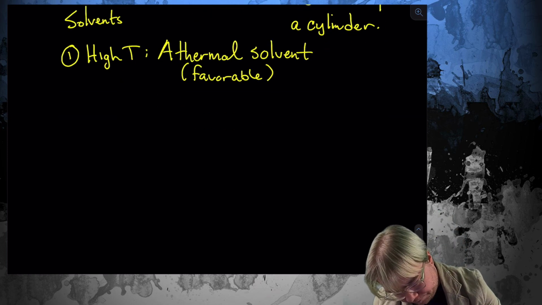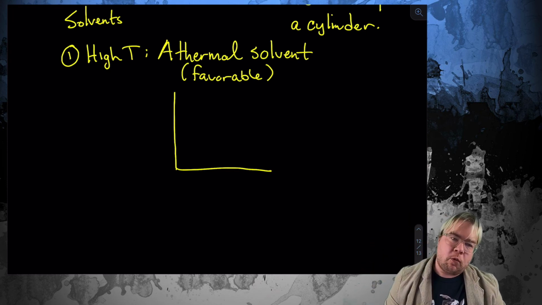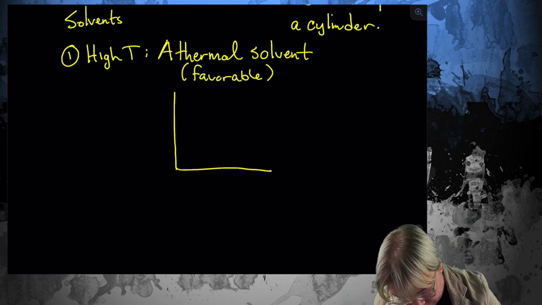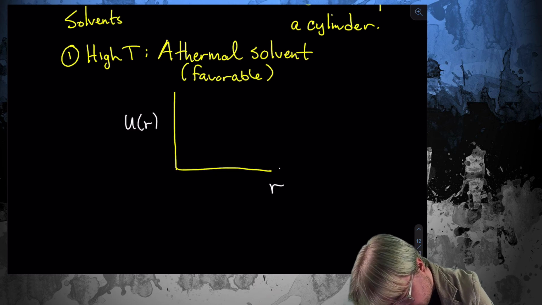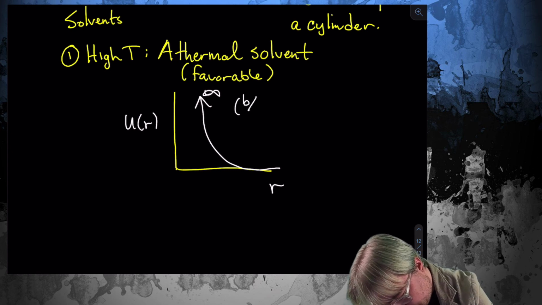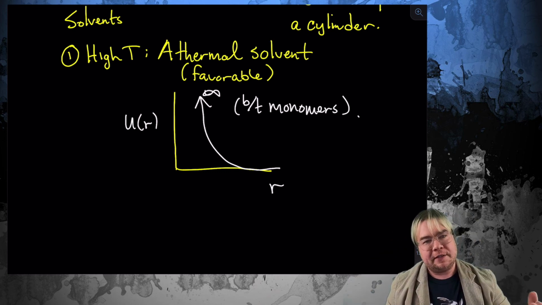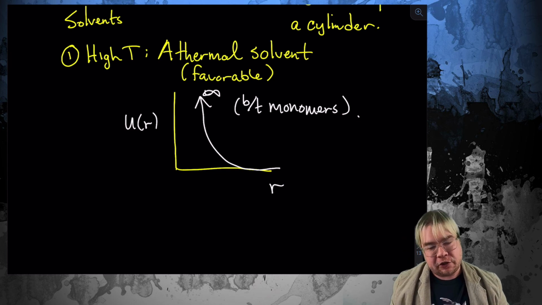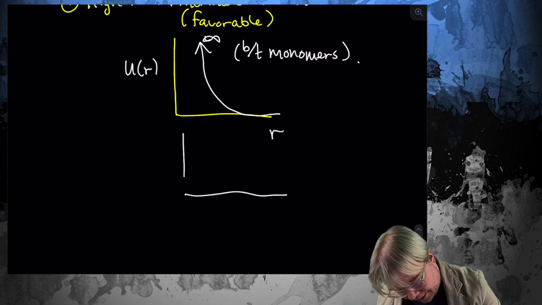If it's favorable, then this means that the monomers want to be in contact with the solvent. The monomers don't want to be in contact with themselves. So the interaction between monomers is going to be repulsive. Okay, so the interaction between monomers and solvent is attractive, but the effective interaction between monomers will be repulsive. If you consider what the F function would look like in that case,